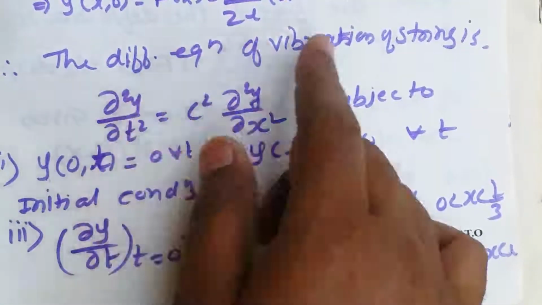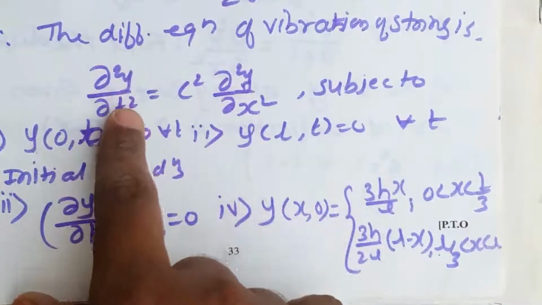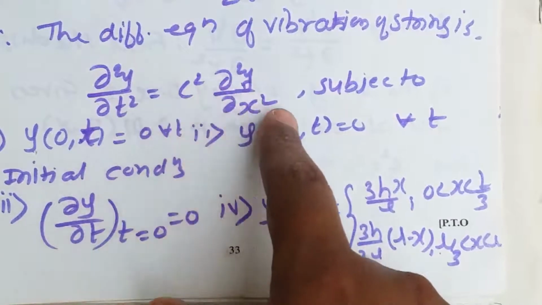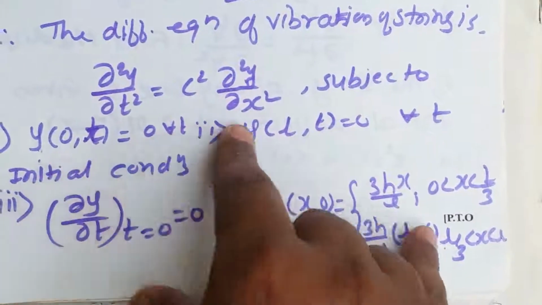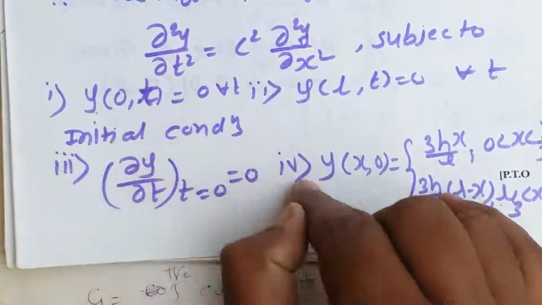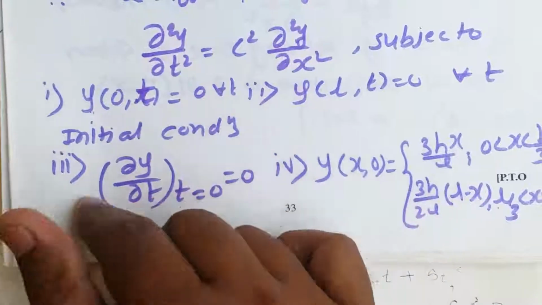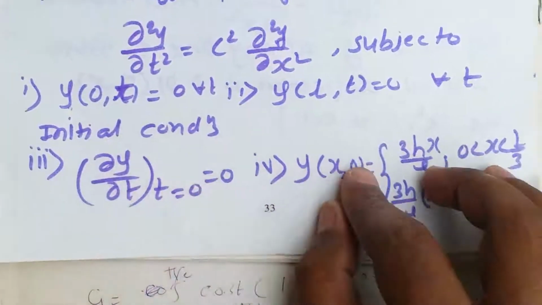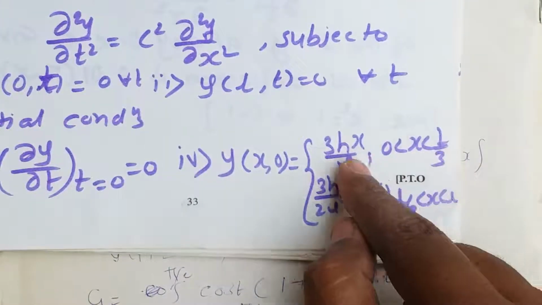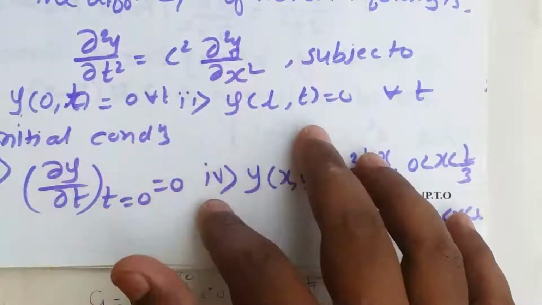Okay, initially the curve satisfies this equation y(x,0). The differential equation of the vibration of the stretched string is the wave equation, del 2 y by del t square equal to c square into del 2 y by del x square, subject to the conditions. The boundary conditions are fixed for all the problems. They are 0. And for the initial conditions, initially we have displacement, not velocity. So velocity is 0 initially, right? Now again velocity is 0, and y(x,0) has two values, one from 0 to L by 3, and another from L by 3 to L. So we have the problem and all the conditions.